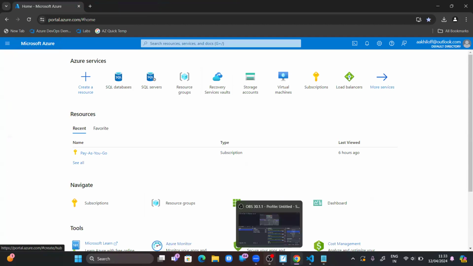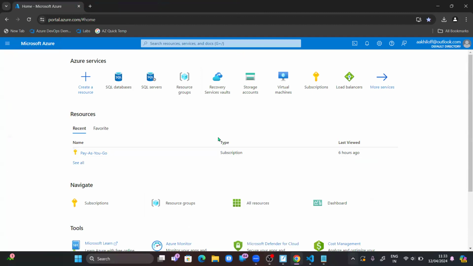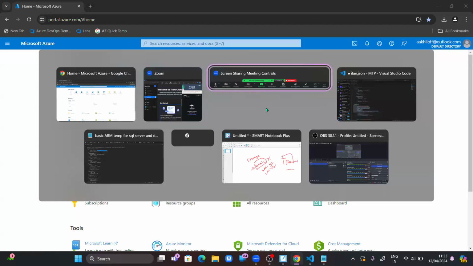So now we'll move on to the backup or monitoring. Both the things we'll cover in a single scenario. Yeah, sure. Now for backup,